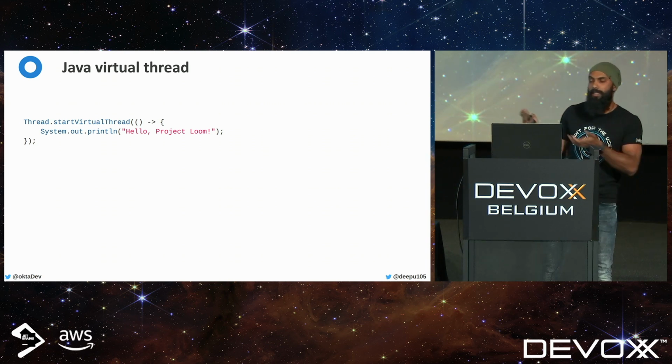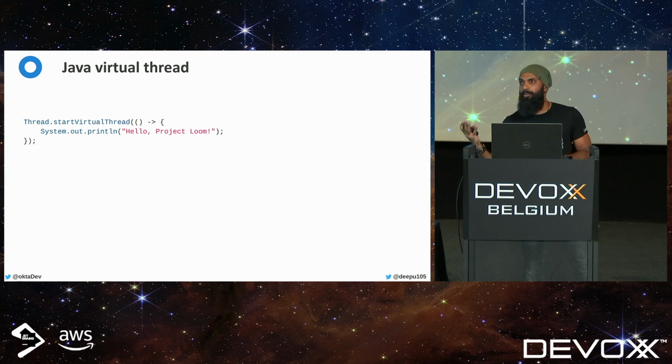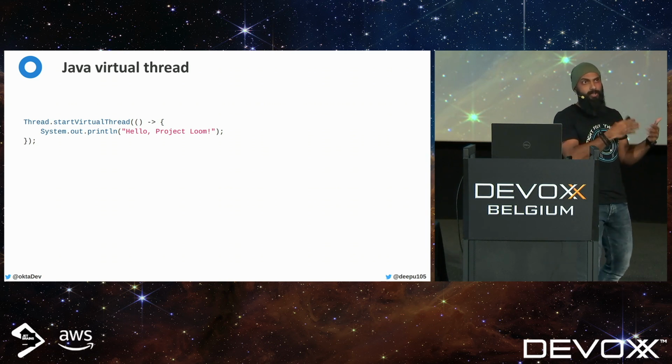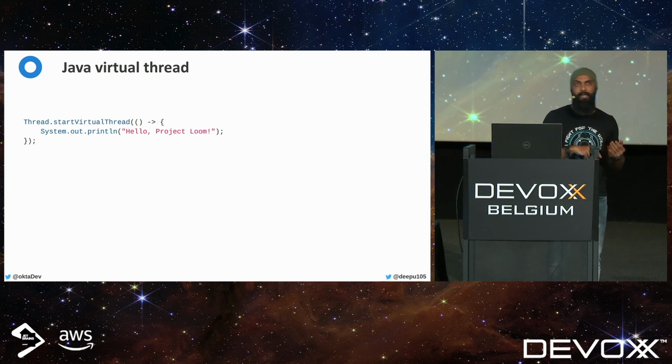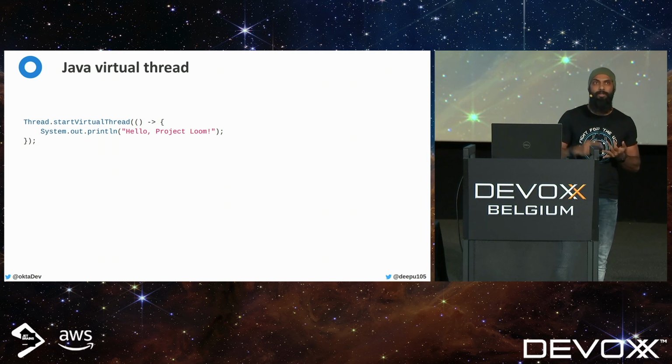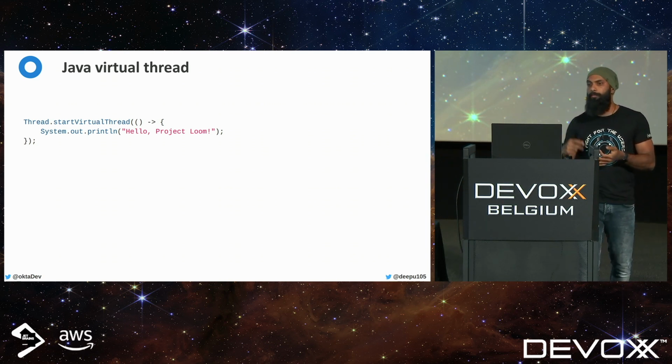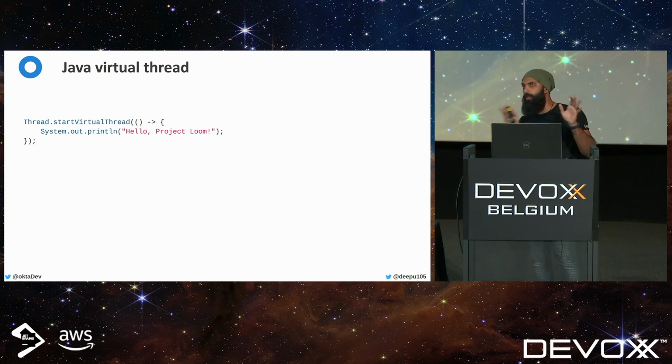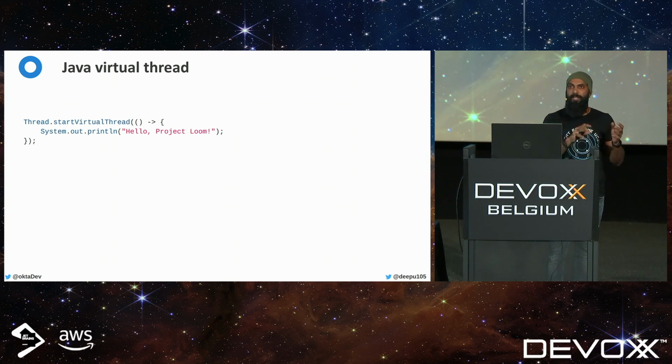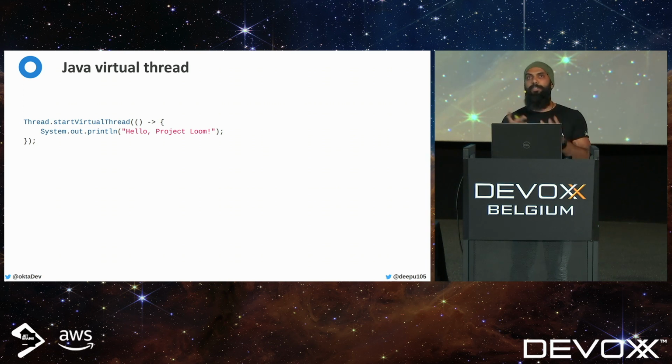Of course, that is what you would expect from Java. That's one of the strong suits of Java, giving you new features without breaking changes. Which means you can use everything that you use currently for your multi-threaded programming, like interruptions, locking, parking, stack walking, whatever you're doing currently with your normal platform threads, you can also do with virtual threads. So they are interchangeable, and it becomes very easy to migrate or switch over.